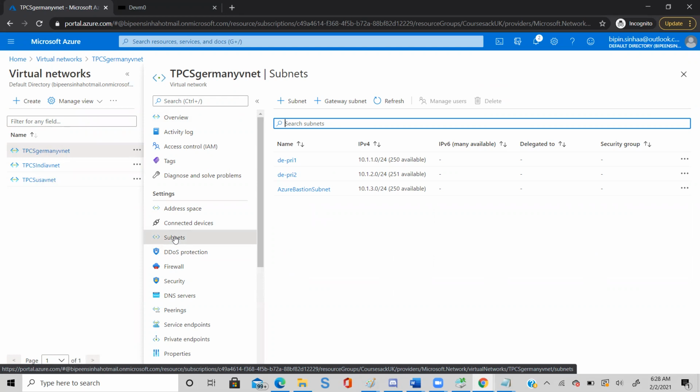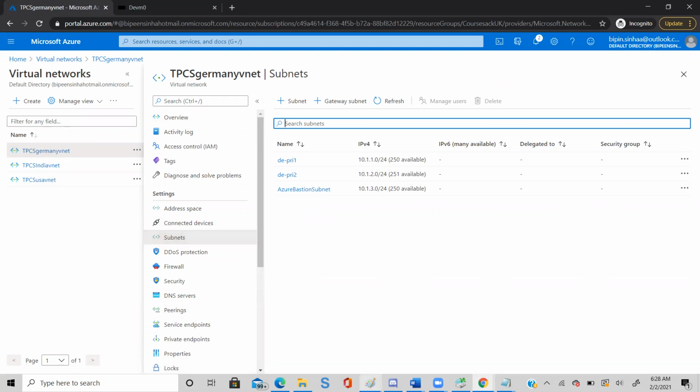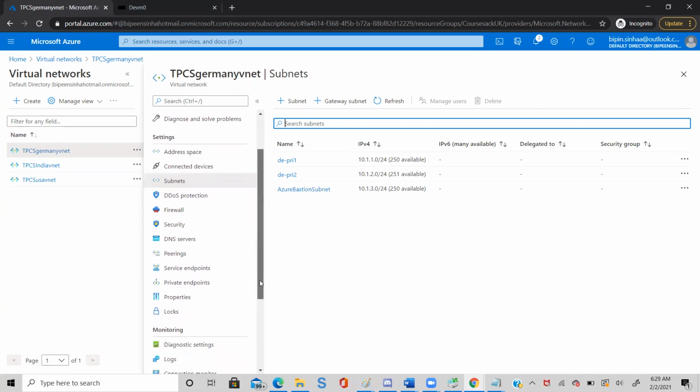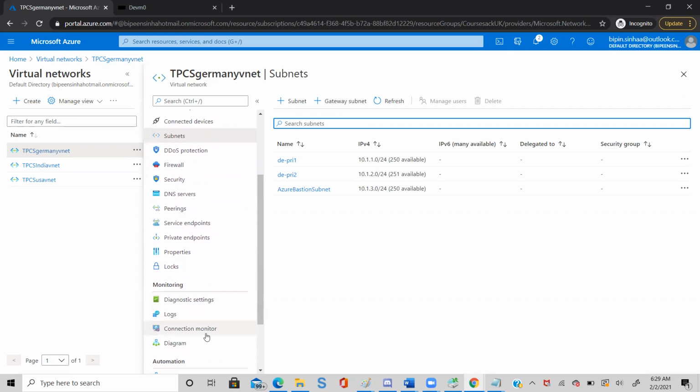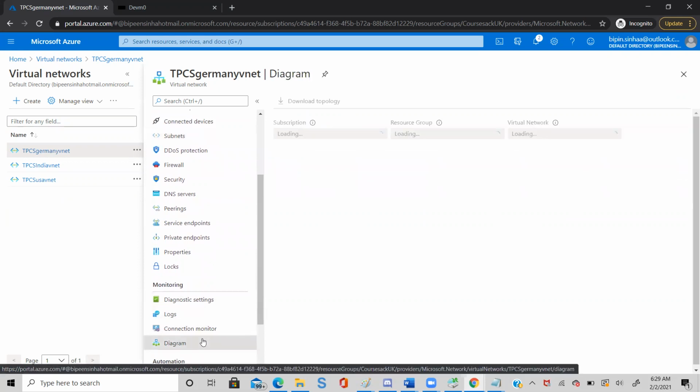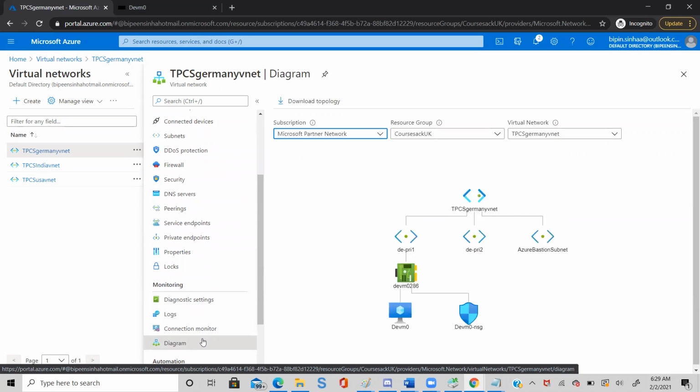Can you open a diagram now? Oh, diagram here. One minute. Yes, right.